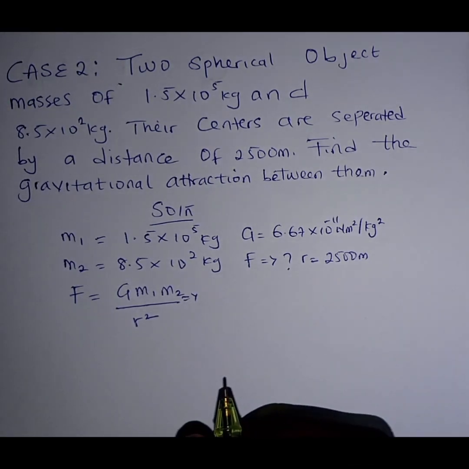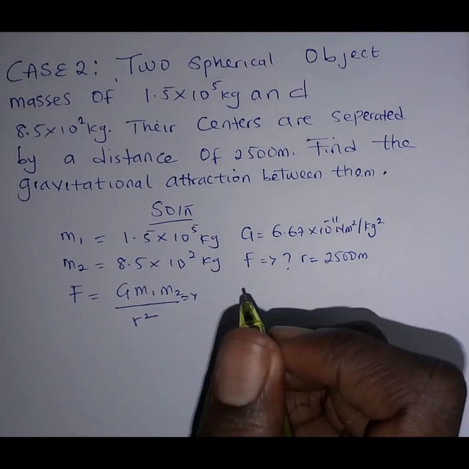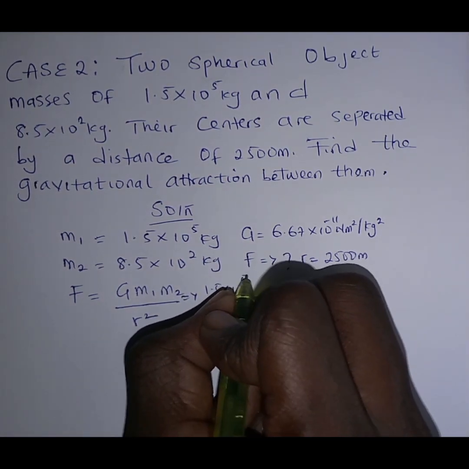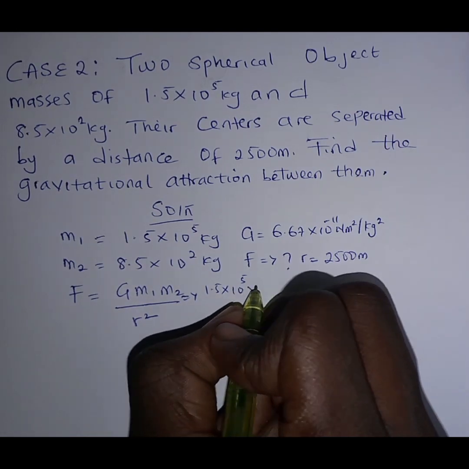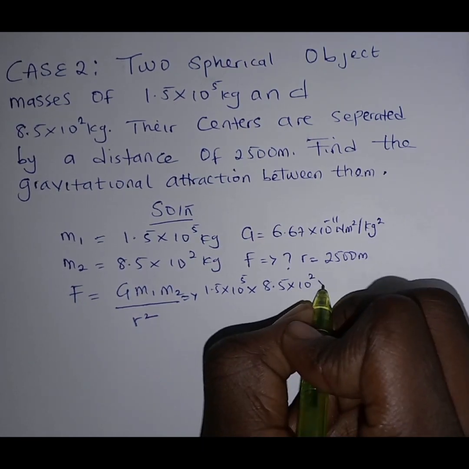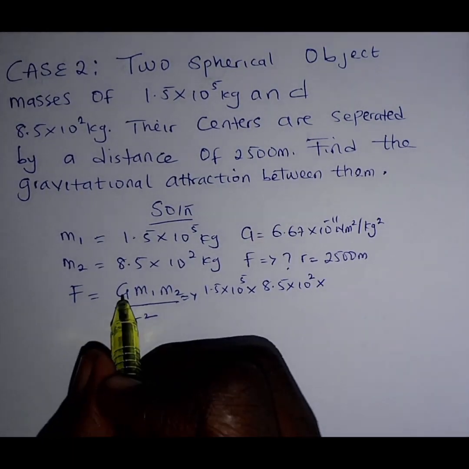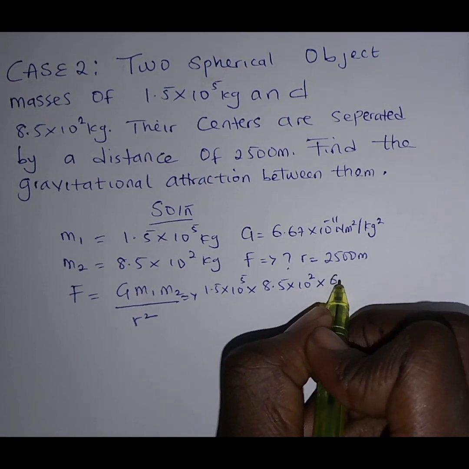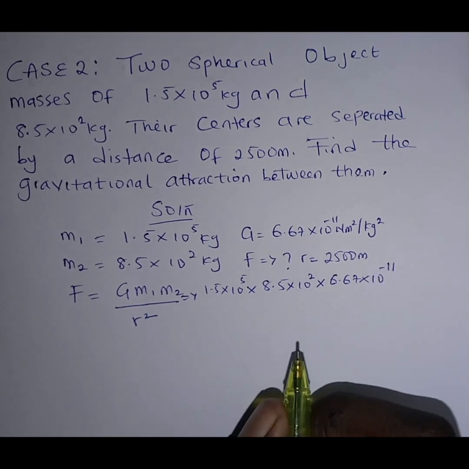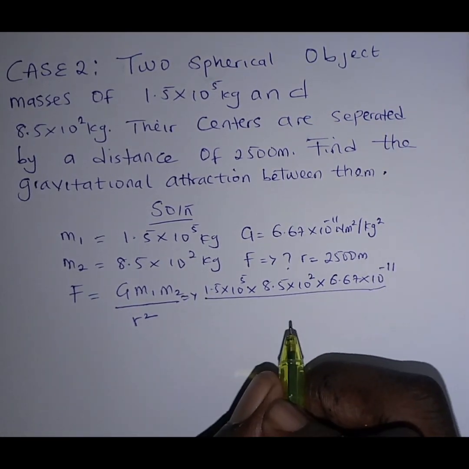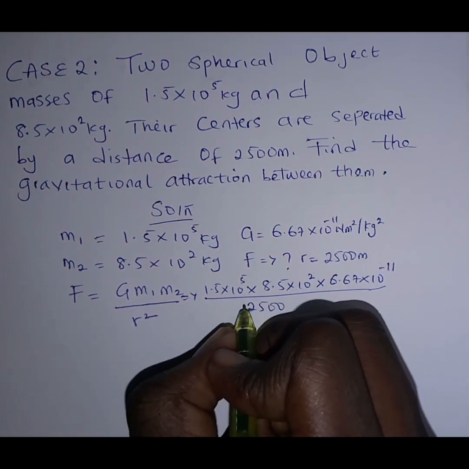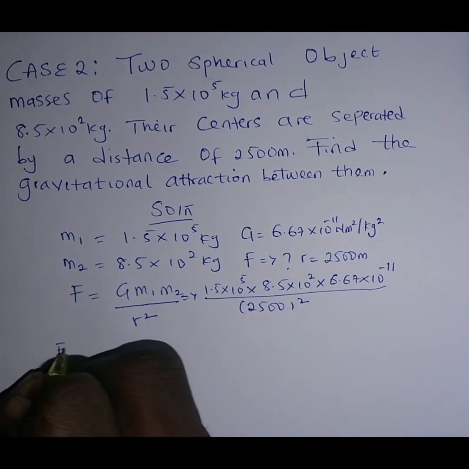Now let's input what we are given. M1 is 1.5 times 10 raised to power 5 times M2 is 8.5 times 10 raised to power 2 times, don't forget you still have to multiply the gravity too, which is 6.67 times 10 raised to power minus 11, all over distance. The r is 2,500. Now square it. So my force equals to,